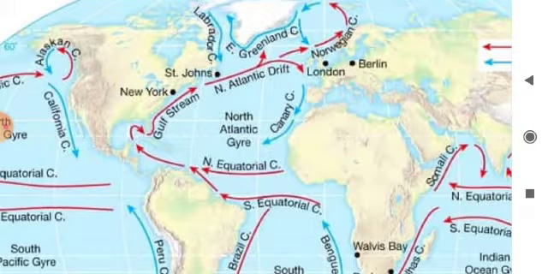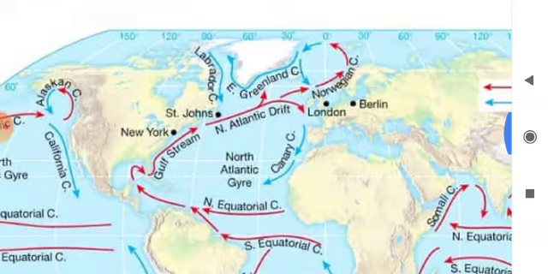The mixing of the cold and warm currents provides ideal temperature conditions for the life of fish. The chief food of fish, plankton, is found in abundance in cold water. Because of these favorable conditions, the Grand Bank near Newfoundland has become an ideal fishing ground of the world. Okay.